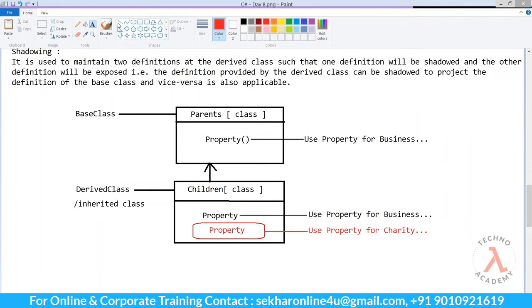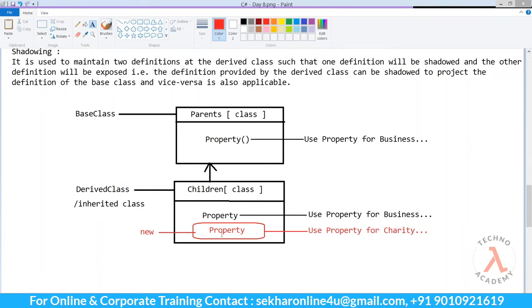One is the method which we have inherited from the base class, and the other one is the one which we newly added at the derived class. And in order to inform that this method is newly added at the derived class, we need to use the new keyword.